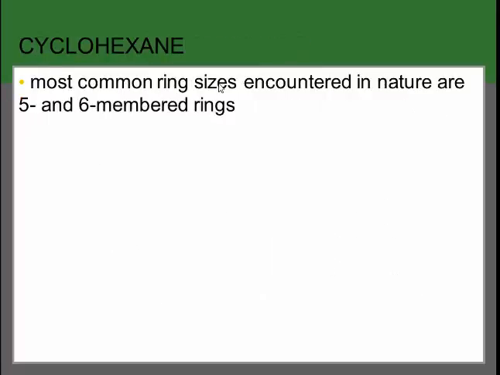Cyclohexane is one of the most common ring sizes. Another common size is the 5-membered ring. So most rings that we see in nature are these 5- and 6-membered varieties. And cyclohexane,